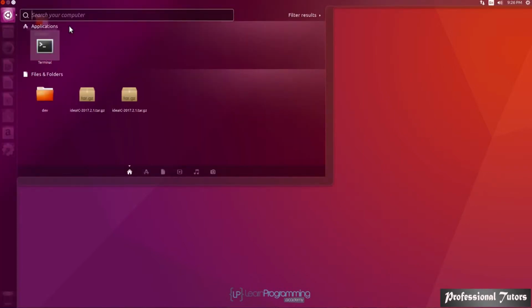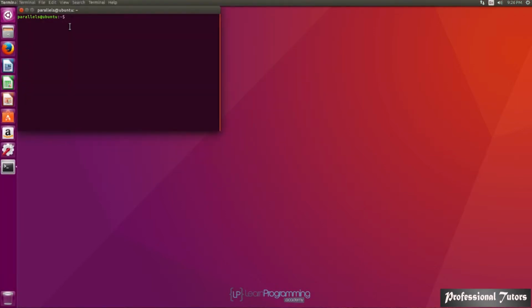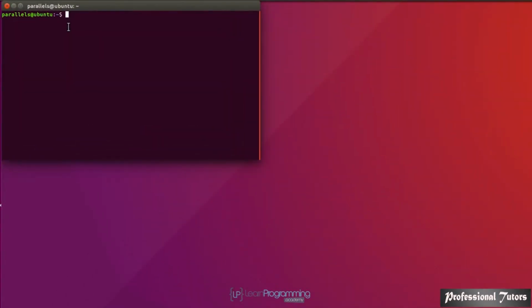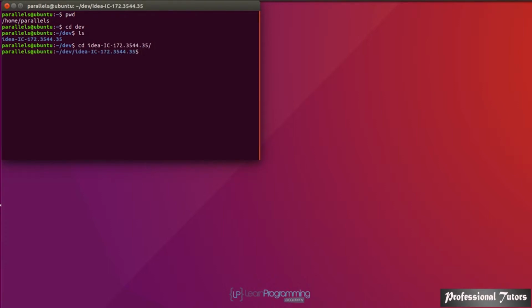And if we have a look there by typing ls, you can see that there's the installation of IDEA. So I'm just going to type in CD space and then the folder name. And then I can go into the bin folder, so CD space bin. And have a look at that again, and you can see that there's various files there. The one we want to start is idea.sh. So I'm going to type ./idea